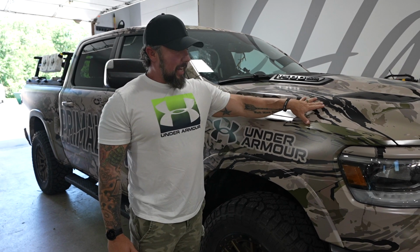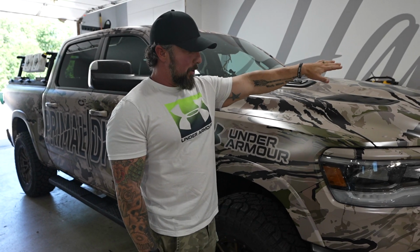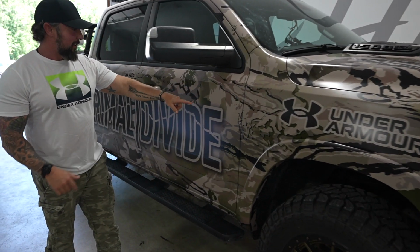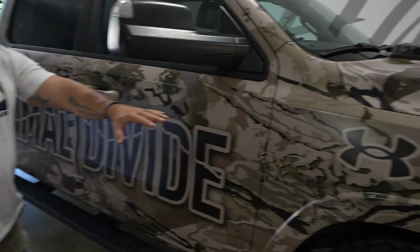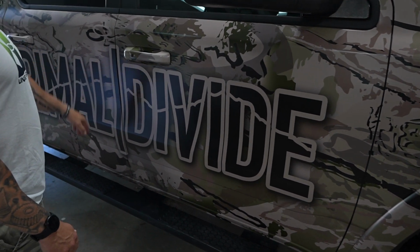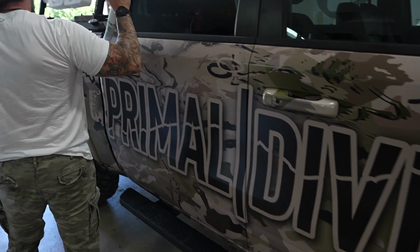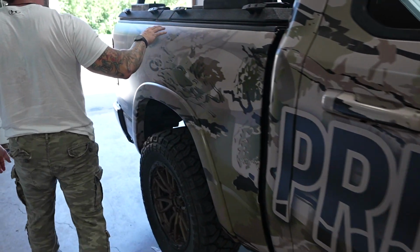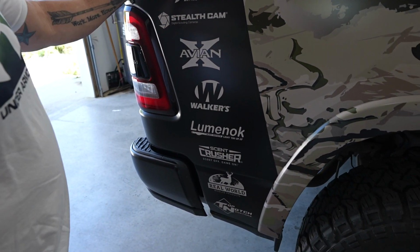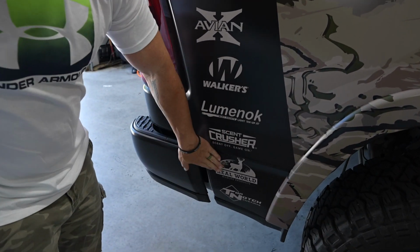Laid down the Baron camo everywhere. We've got the UA logo up top on the hood, and just coming on down the side. Come on down here. We've got Under Armour here on the fender. We laid down the Primal Divide logo on the door all the way through. We've got partners down through here: Cold Steel, Stealth, Avian, Walkers, Luminox, Scent Crusher, Real World,